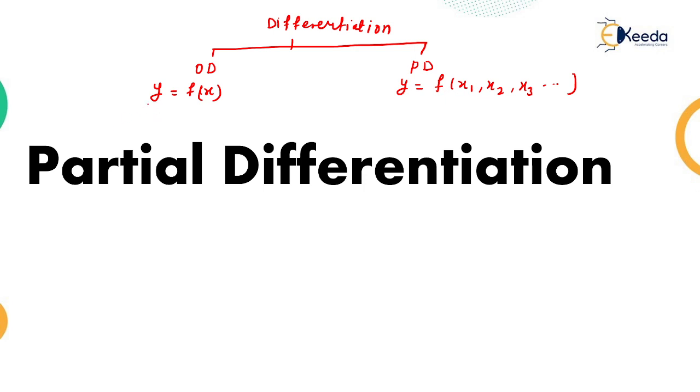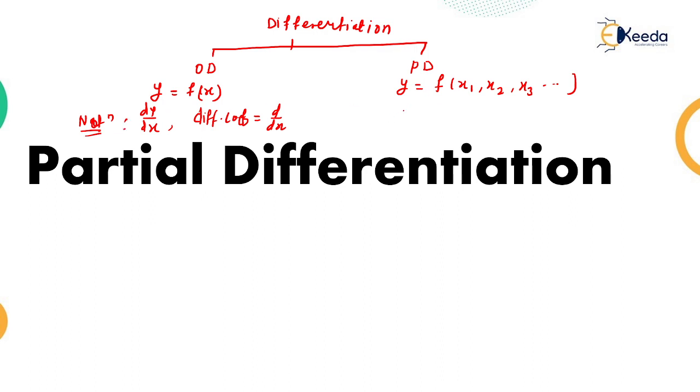Now, for ordinary differentiation, the notation is simply dy divided by dx, and always remember that we take the derivative of the dependent variable, y, with respect to the independent variable. That type of derivative is called ordinary differentiation. Here the differential coefficient is d by dx only. So d by dx is the notation for ordinary differentiation.